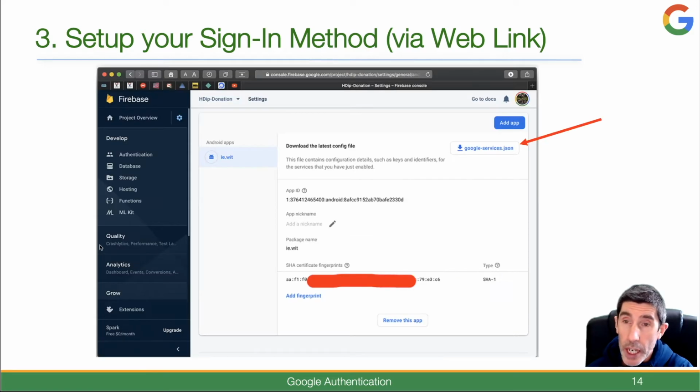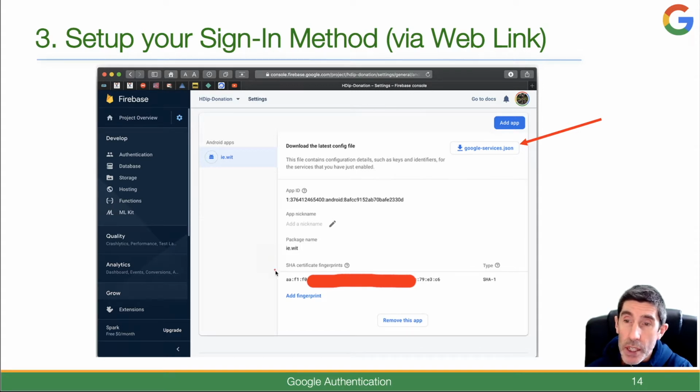So what I would recommend doing, and I know this works, is go back and re-download your Google Services JSON file and just overwrite it and bring that back into your project. Okay, and if you need to, as I said, you could do all this manually. You could just go into the project settings and add it